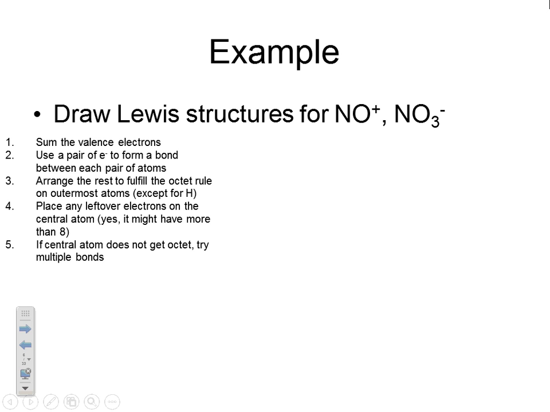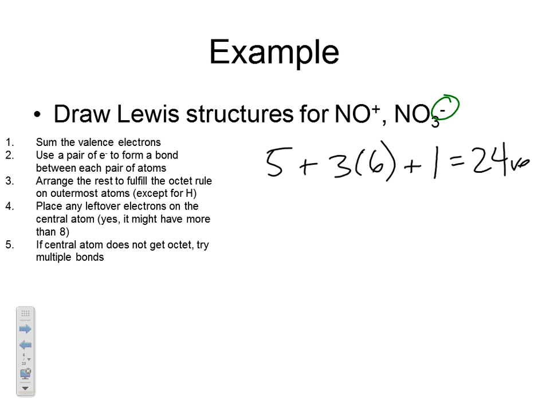Now we're going to do the nitrate. So nitrate, N has got 5 valence electrons. Oxygen has got 3. I'm sorry, there's 3 oxygens. Each one has got 6 valence electrons. But now that -1 charge on the nitrate, that means that there's an additional, an extra electron. So now we're going to add 1 to that to have a sum total of 24 valence electrons in our